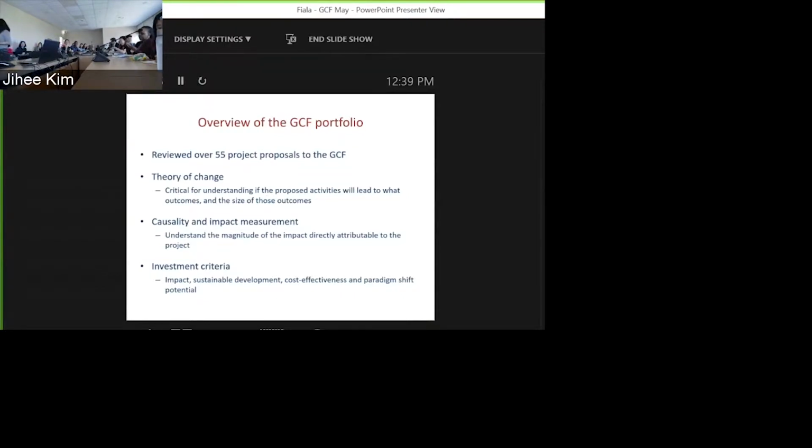So one of the things that I think is really key for understanding a program is the theory of change. For those of you that are not familiar with the theory of change, this is where you basically just write down all your models and assumptions behind how you get from an activity to the impacts that you want to actually achieve. There's a lot of things that happen along the way, right? So you have an activity that you're trying to do. Can you implement it? What happens once you implement it? What do people do with that program once you've implemented it?